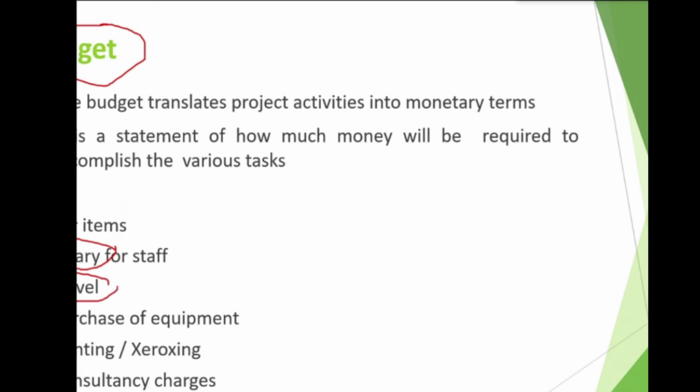involved, the travel, if there is any, then the purchase of the tools that you require, then printing and Xeroxing the documents that you are generating, and then consultancy charges. Also, if the institute supports you, you have to provide some sort of return to the institute, which is what you call institute overheads. As students, probably this is not important to you for the proposal part, but the other important aspects are narrated